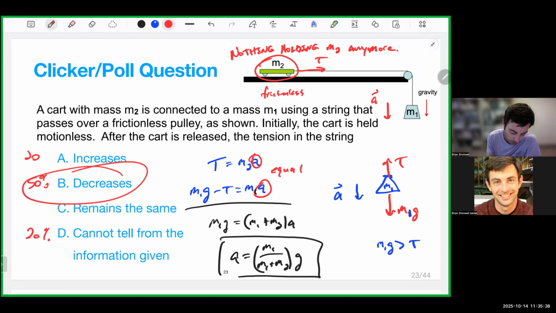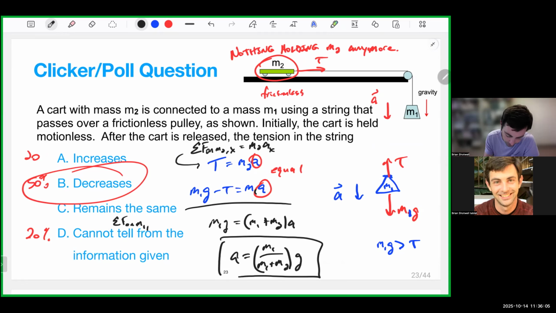For M2, in the horizontal direction, there's only one force acting on it, and that's the tension. So this is the sum of the forces on M2 in the horizontal direction. Sum of the forces on M2 x is equal to M2 times a_x. So that's this equation. And then the other equation is the sum of the forces on M1,